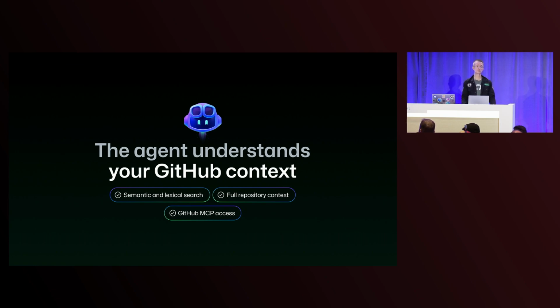I've seen a bunch of real use cases of that in the past few weeks. So it's quite common in a GitHub issue to have this complex web of other issues that you link to. You say, this issue is related to this one, and then that issue is related to this one. Well, because of the MCP server, Copilot can actually follow all of those links and find all that context and understand the whole scope of the problem. Another really nice example that I've seen is Copilot finding other pull requests that are similar for inspiration. Again, the sort of thing you'd hope that a human developer would do. If you're trying to make a change, it's a great idea to find a similar change in the past, and Copilot can do that as well.